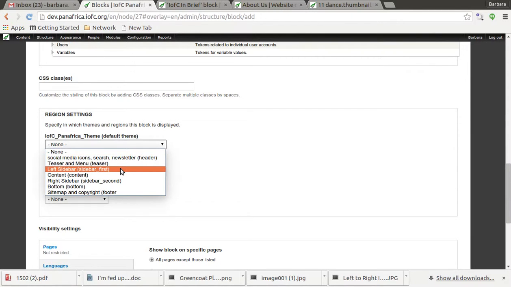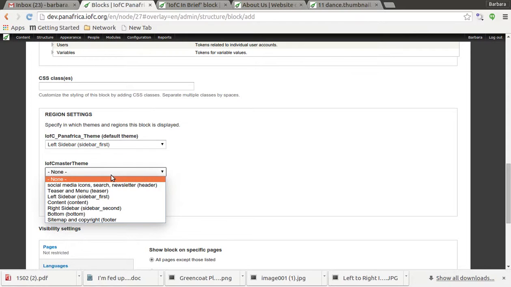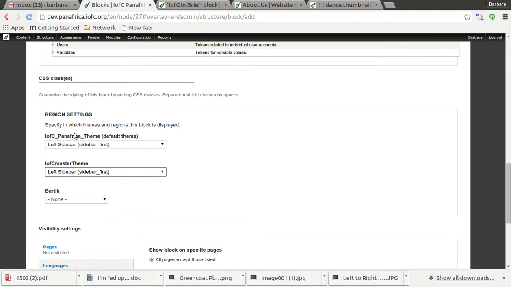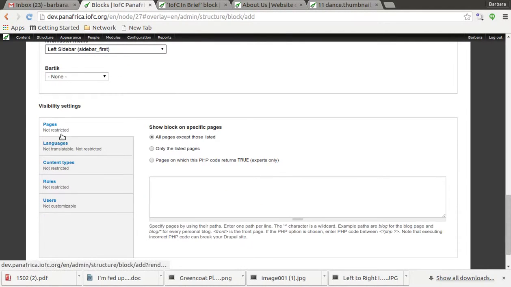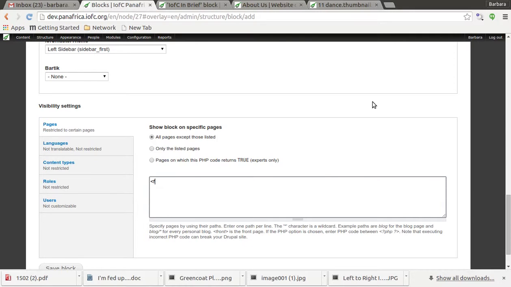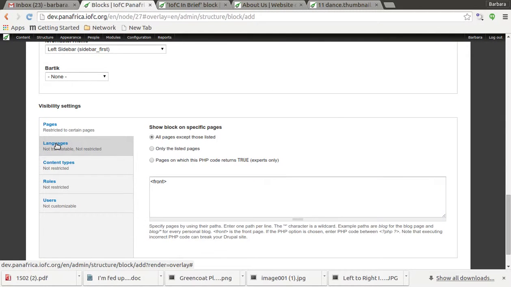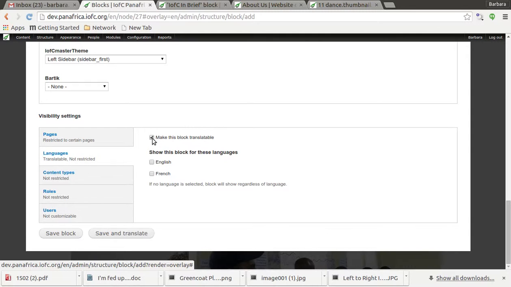Now here, IFC Pan-Africa theme. I'm not totally sure, but I think we click the left sidebar because we want it to be on the left, and we'll choose that for both of these, Pan-Africa theme and IFC master theme. Leave Bartik. Now I don't want this showing on the home page but I want it on every page but the home page. So I'm going to put on all pages except for home page. And languages, I think we'll want it translatable because it's got English and French, so I'm going to choose English and then we can translate it later. So save block,